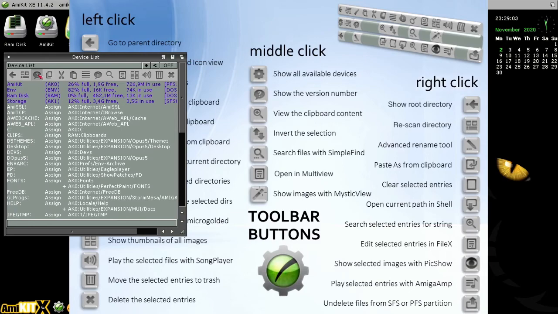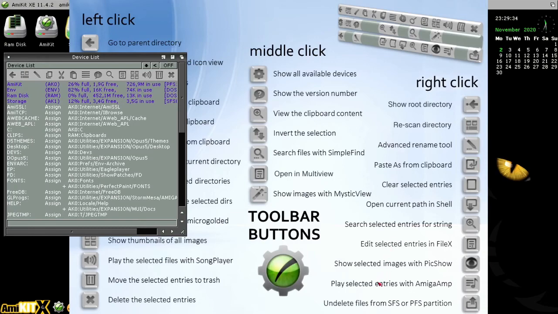Here's to show the version number and so on. Open in multi-view would be useful. And right clicking also has a different function. And here you can see which button you have to choose in order to get, for example,